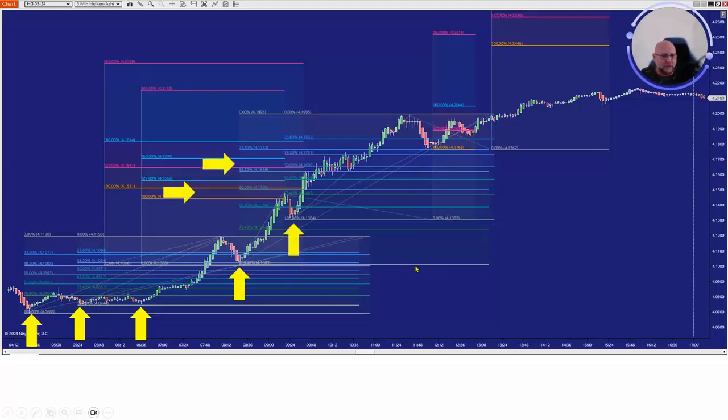Is this a pullback? Is it tradable, that pullback? Where do we take all of these measurements from for the next pullback? Is that tradable? Where are those overlaps for that support for that pullback? Lots of questions, and a lot of gurus out there will give you slightly different answers, and in reality there's